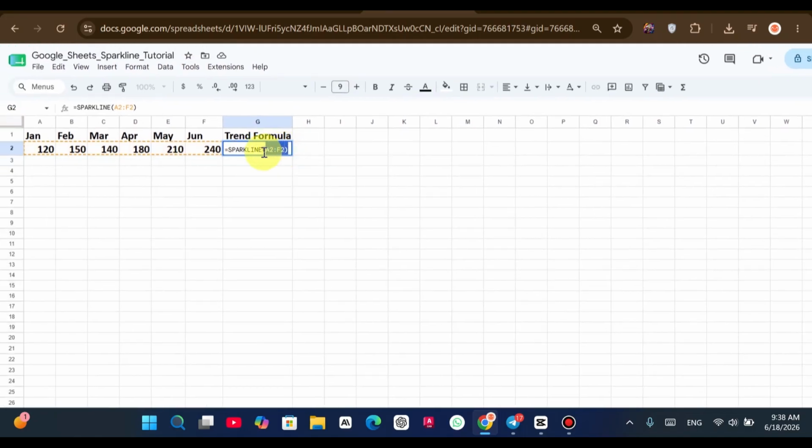Once you've entered the formula, close the parentheses and press Enter. Google Sheets will instantly generate a mini chart inside the selected cell. This Sparkline provides a quick visual summary of your data and makes it easy to spot trends, increases, decreases, and